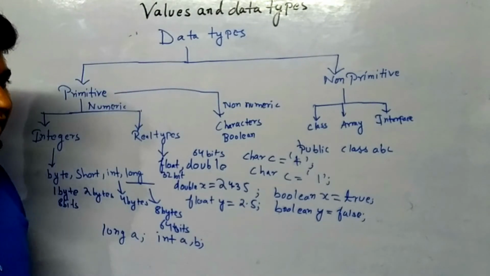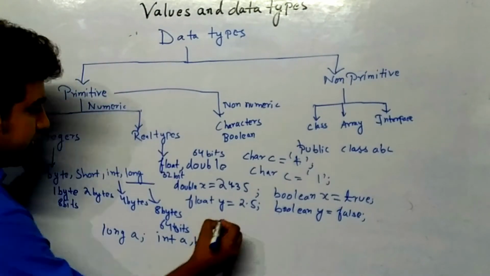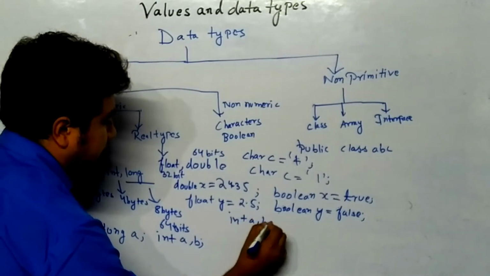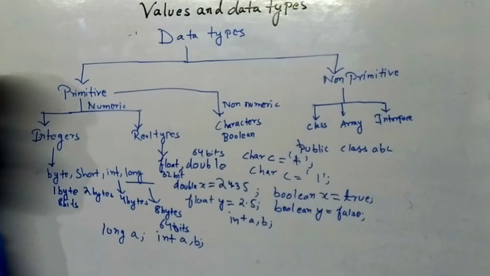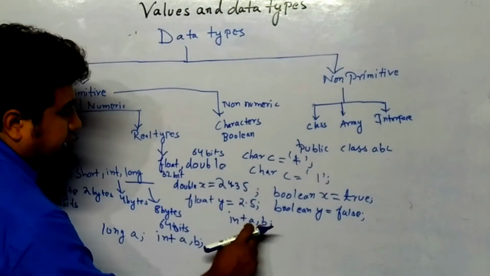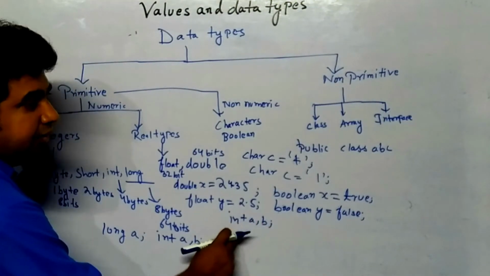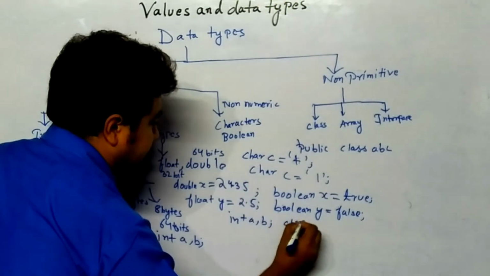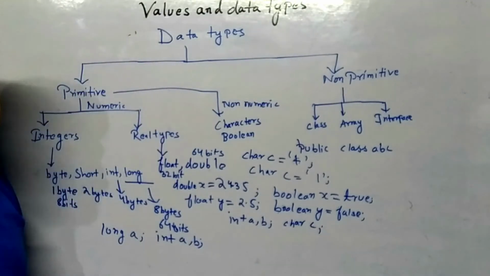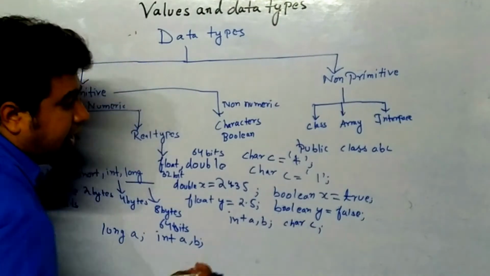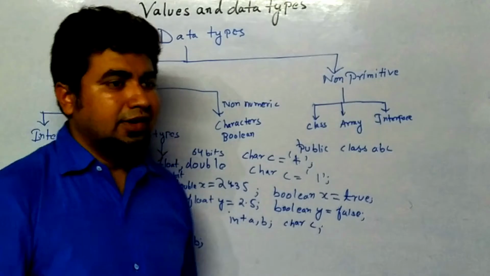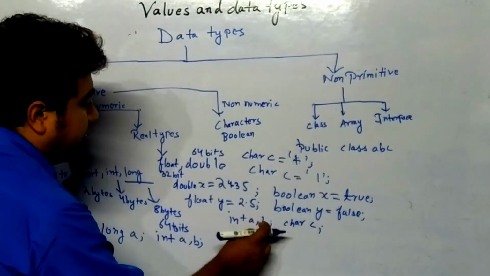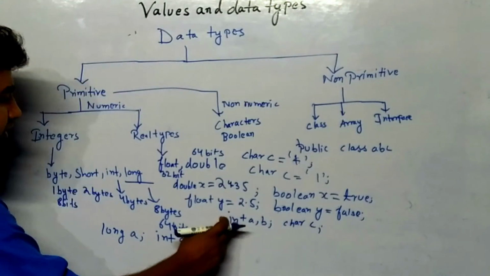Now one more thing you can see from here, this a comma b. This is known as declaration. a comma b is declared as integer. Here also, if I am writing char c, you can think that this is a declaration. c is declared as character type, means c is eligible to take a value as character. Here a and b are eligible to take values as integer.